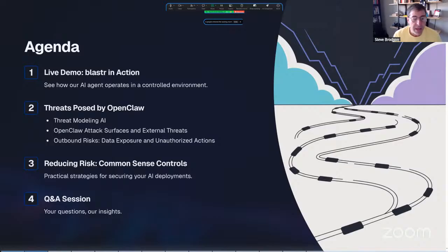Why is it different from just ordinary cybersecurity, or even protecting a generative AI environment? And then the third piece is going to be pretty dense, and my apologies for it being technical. But for those of you who are really interested in deploying OpenClaw, I'm going to talk about the controls, how I've secured mine, and some best practices. Then I'm hoping to leave some time at the end for Q&A.